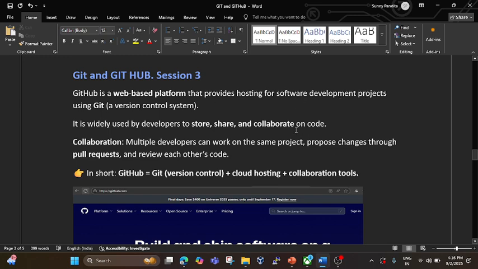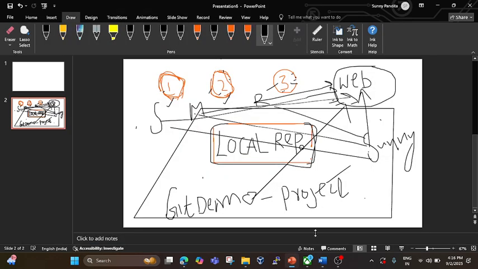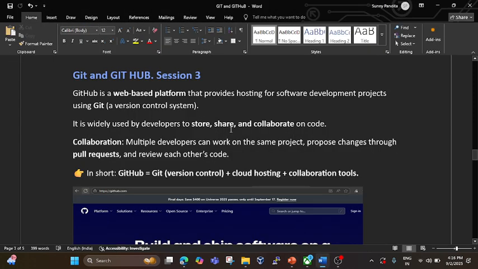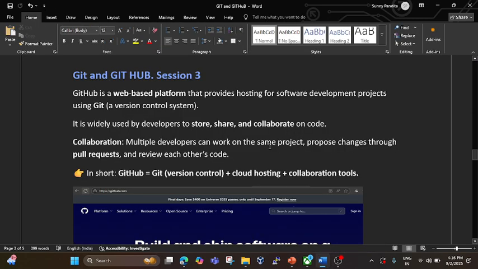I will show you that later, and we will do this practically. It is widely used by developers to store. So here we have stored code on web to share. Now when the code is stored here, we can easily share the code with our team members and